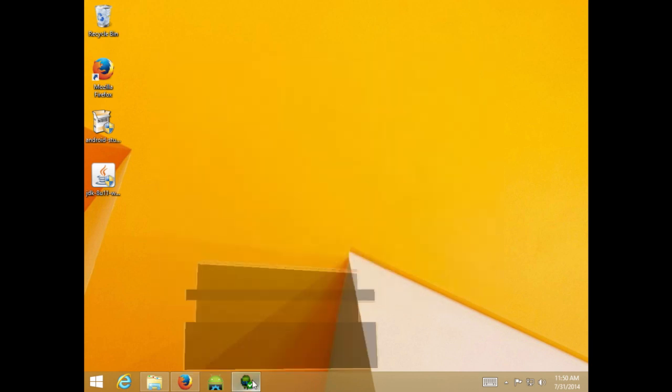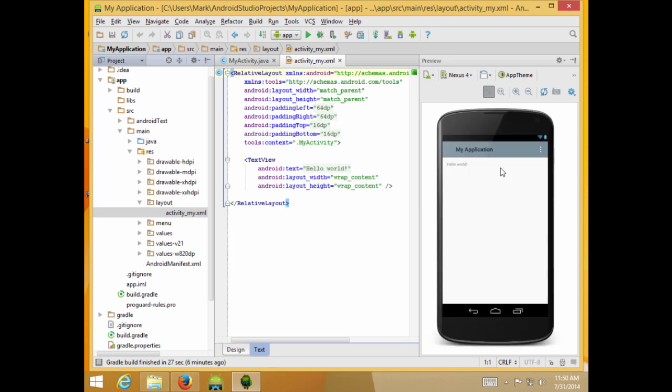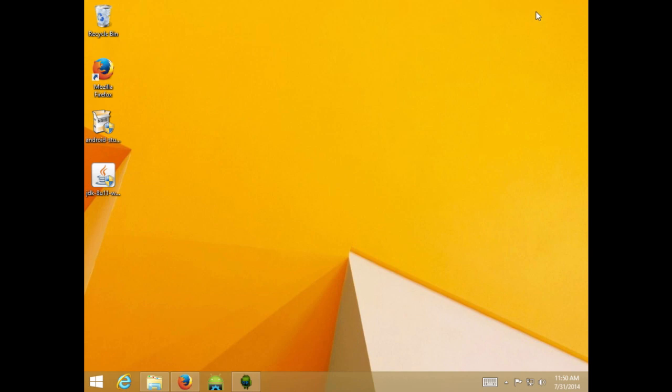And if you go back in the Android Studio here, well, there should be a preview thing here. Yes, there you go. So this is the little preview thing that shows you what your app looks like. So it's kind of cool. Anyways, that is how you install Android Studio along with the Java Development Kit and configuring the Android SDK and Android AVD